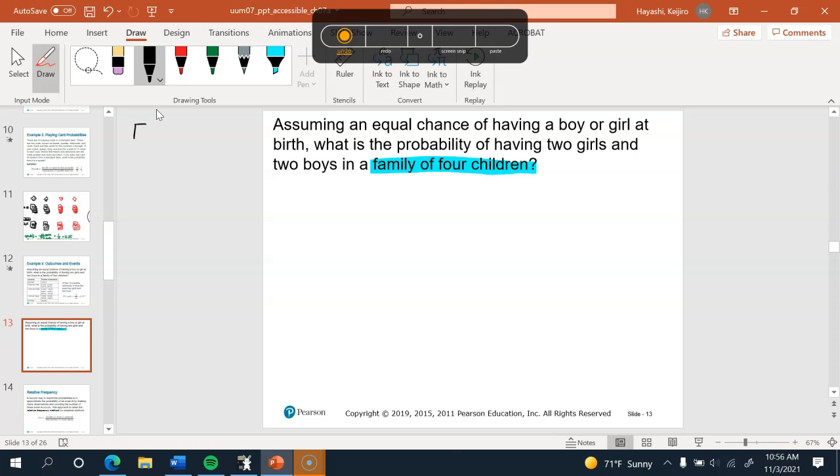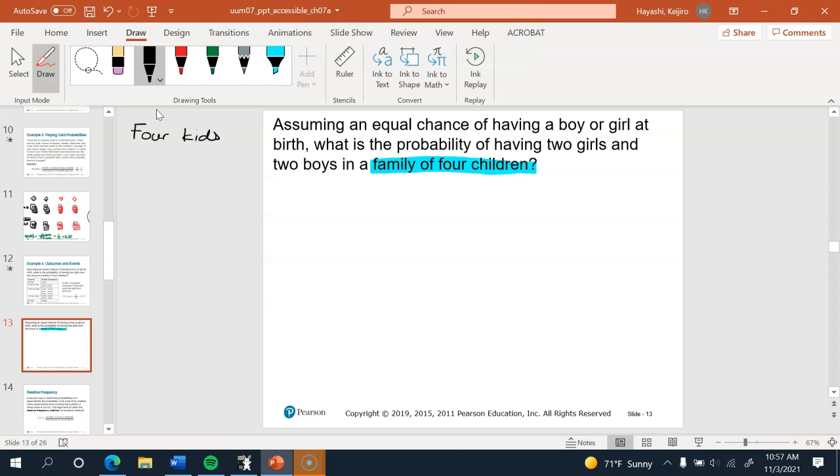So if we just list the outcomes that are possible, if a family has 4 kids,